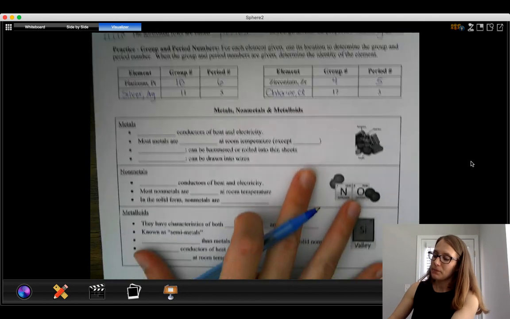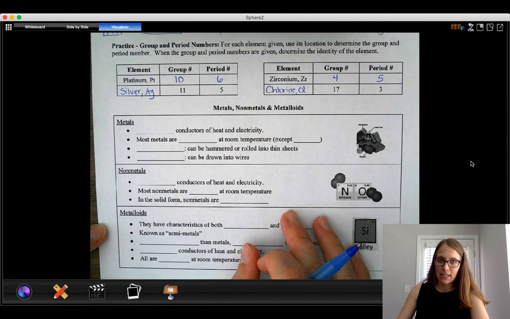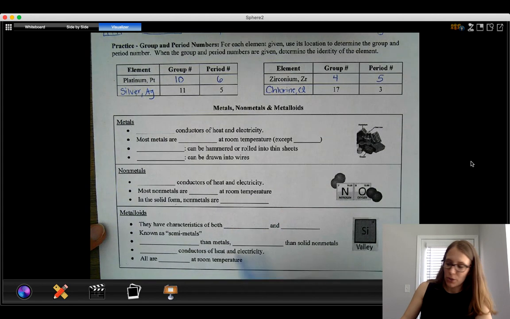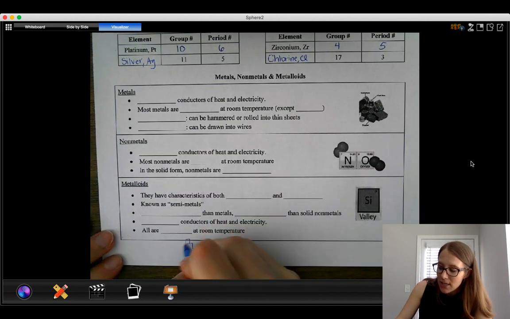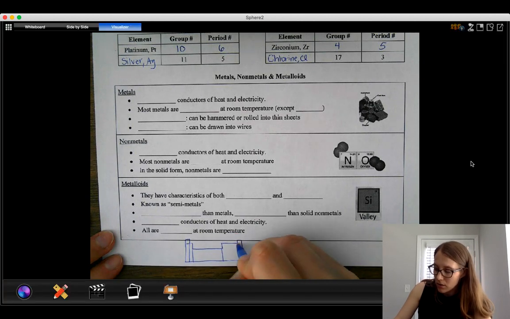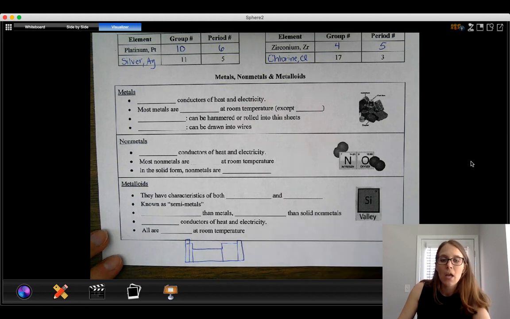All right, so on our periodic table, I'm just going to do kind of a rough sketch of the periodic table. Should put helium on there. Add hydrogen. All right, so here's my rough little sketch of the periodic table. Most elements on the periodic table are metals. I'm just going to kind of chunk this out a little bit here.